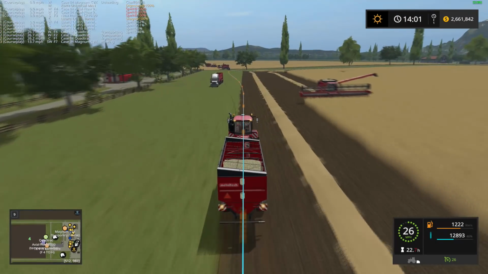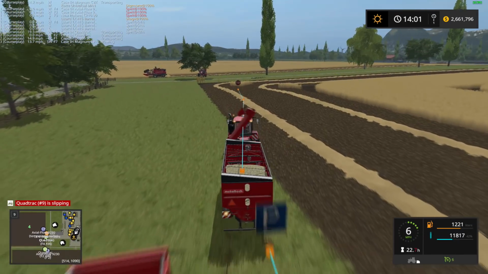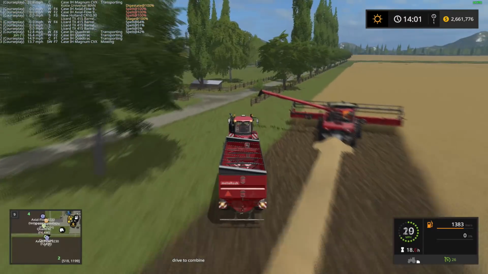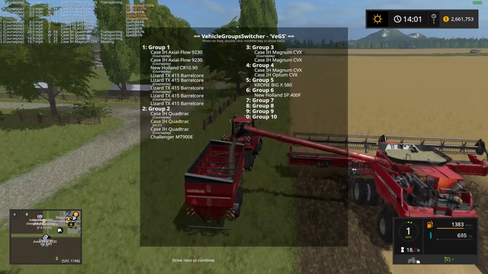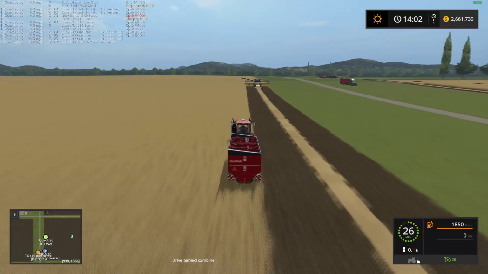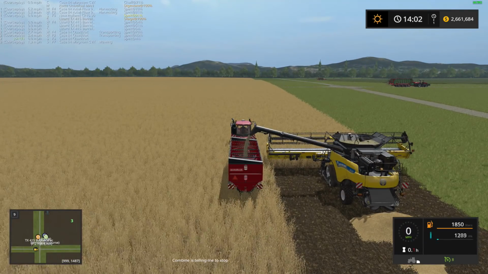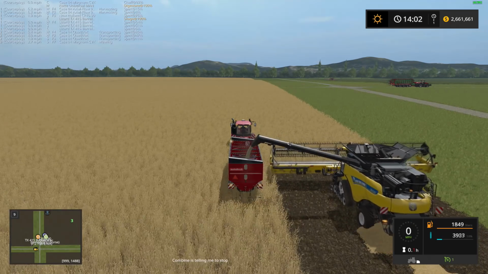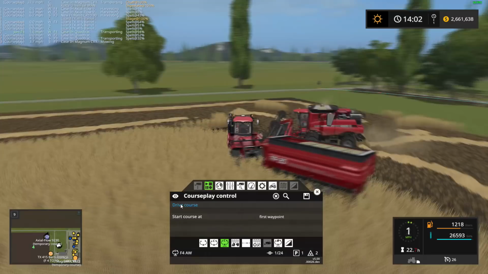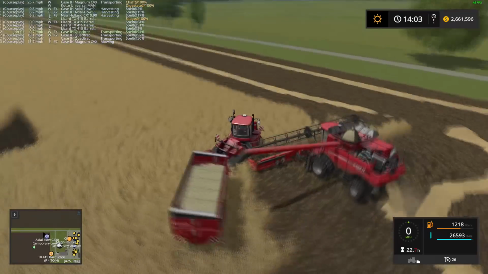And obviously multiple combines will help that. You can run multiple combines on course play, but I'd probably just harvest my crossroad and then hire them out and go from there. Because if you do that, in theory, you could run 4 combines. If you harvested a crossroad and then worked from the inside out or outside in with 2 combines on each section, that'd be 4 combines. So one of these days, by the way, I'll just